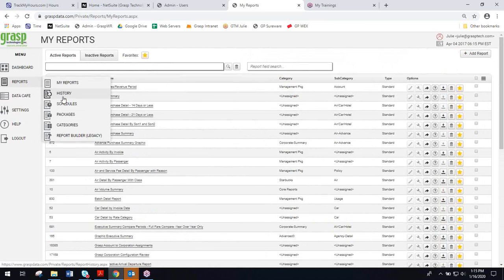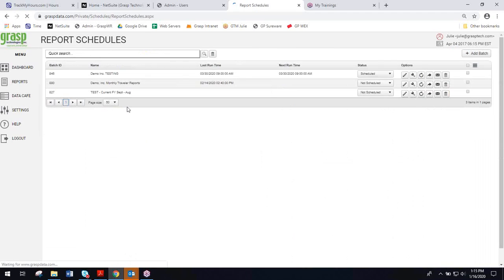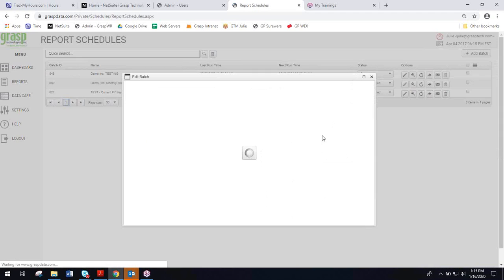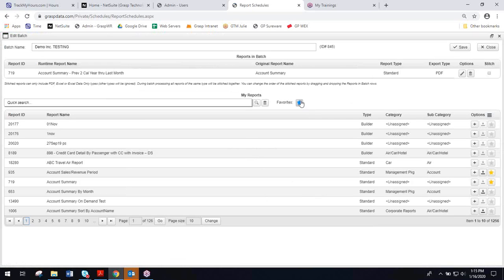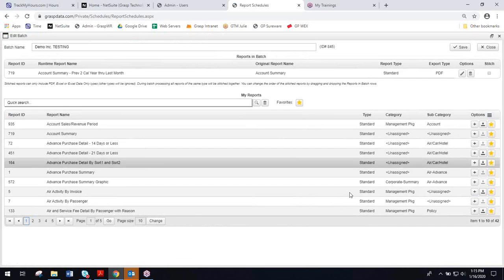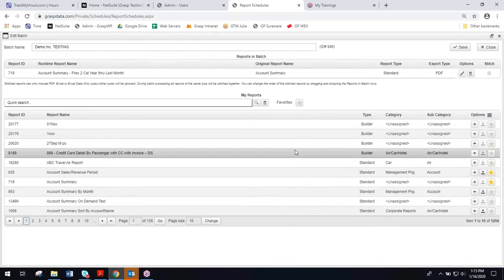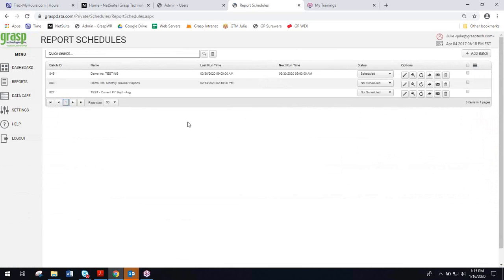You can also access your favorites from the report scheduling. So when you are creating a batch, you can enable it there so that you're, again, just filtering through to only see your favorites. There's also a dashboard tile